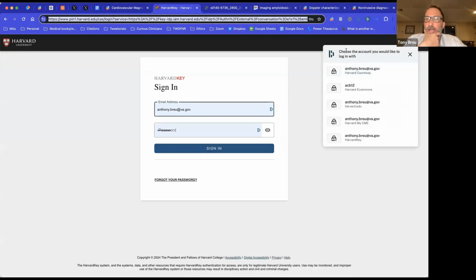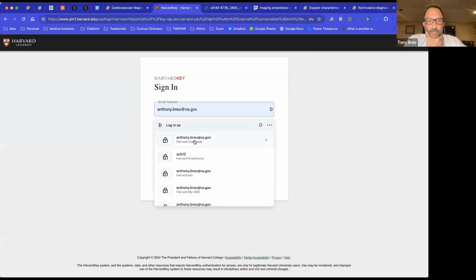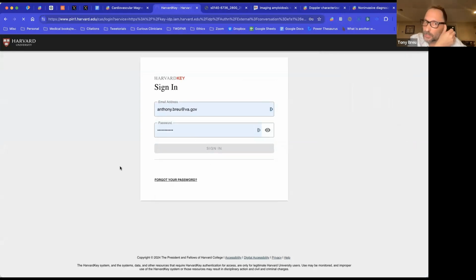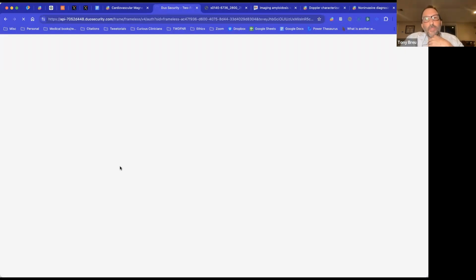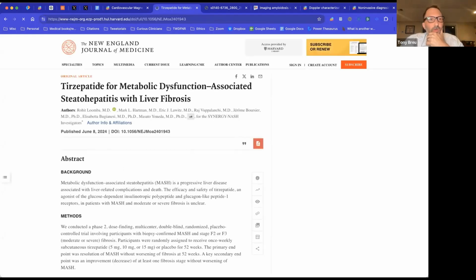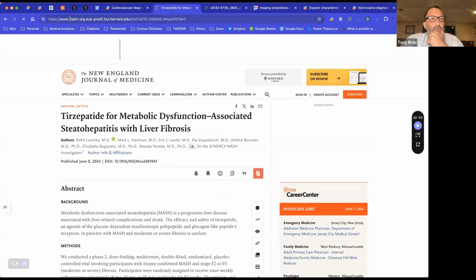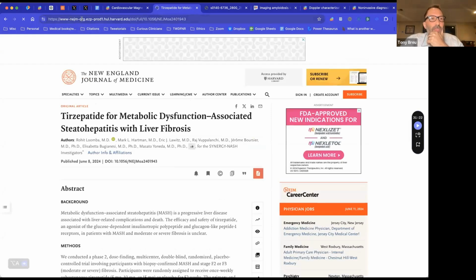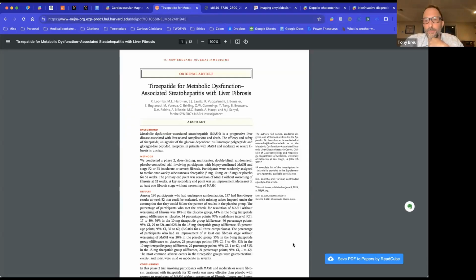And then I suggest you have some sort of a password manager so you're not using the same password for everything. I use Dashlane, and so it's logging me into Harvard. And now, in about 5 seconds or so, the URL has changed. You'll notice I'm not logged into the New England Journal of Medicine.org. I'm logged into it through Harvard, just by pressing that button. And guess what appeared? View PDF. That wasn't there a moment ago. And so now I can view the PDF and add this to my